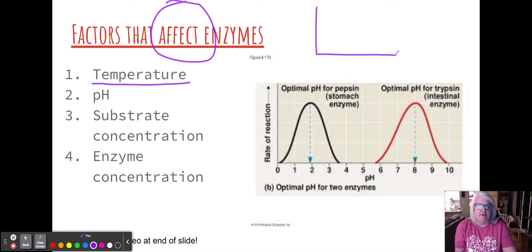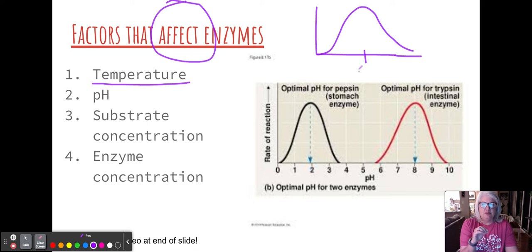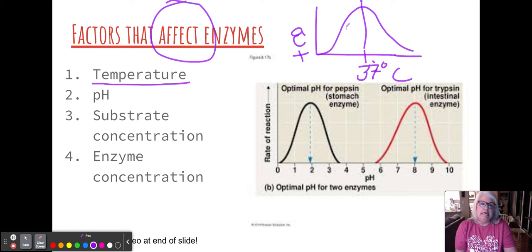Okay, so let's say that I talked about amylase as an enzyme in the last video. And so that's in your saliva and it works to break down amylose, which is a starch. And your mouth temperature is probably right at body temperature, which is 37 degrees Celsius. Remember, we use Celsius in science. So it's optimal. This is like enzyme activity right here, right? So the activity is highest at its optimal temperature, which would be the body temperature. It still works if it's colder or hotter, but eventually you're going to get to a point where it no